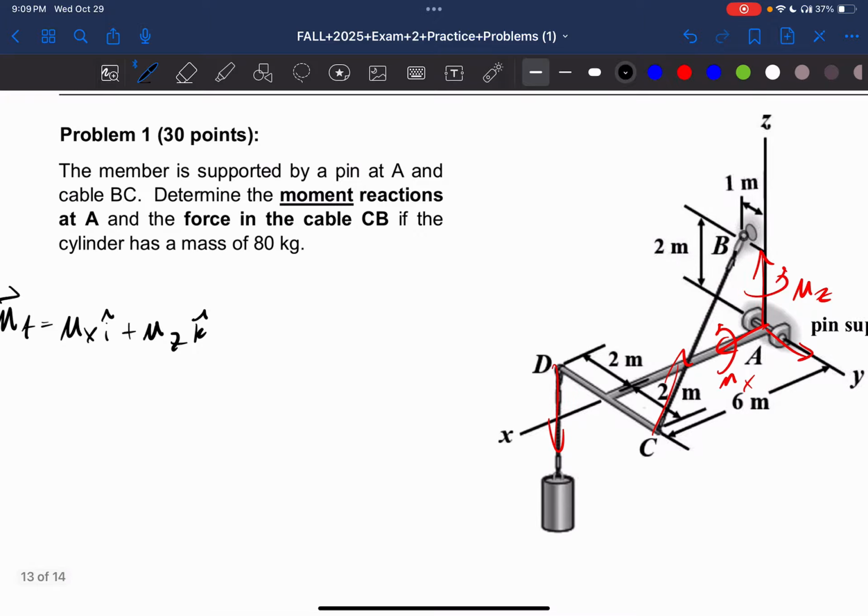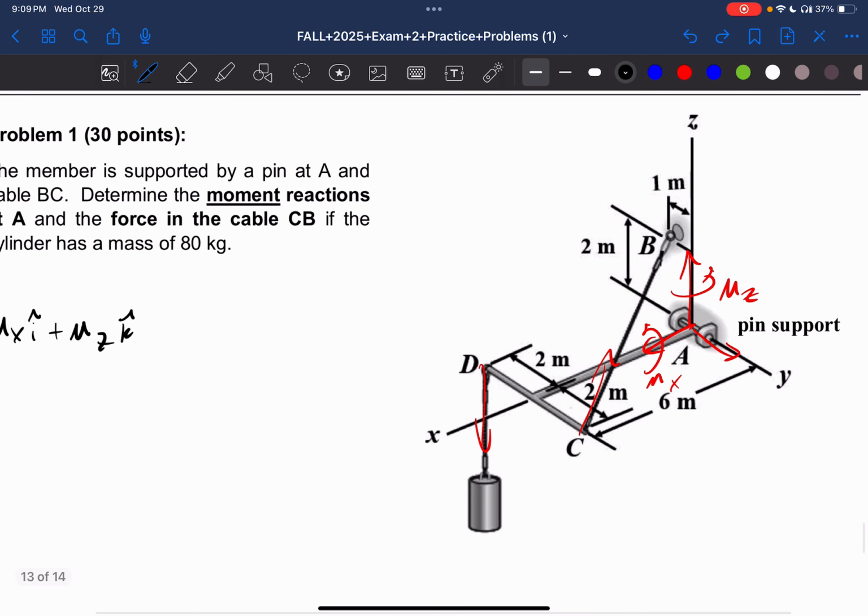And pretend there's an A here. I just don't feel like writing it. And what else are we going to have? We're going to have this moment, which is going to be AC cross CB. So we're going to have a vector from here to here cross this force. Okay, so